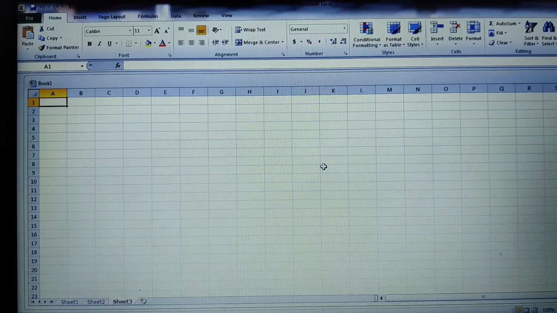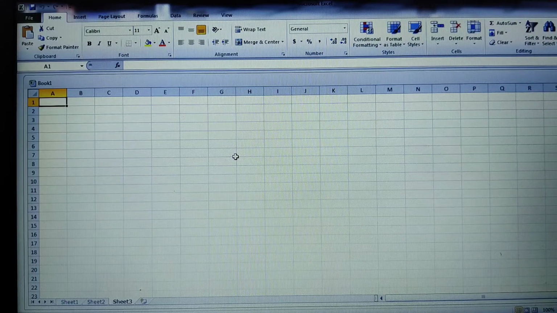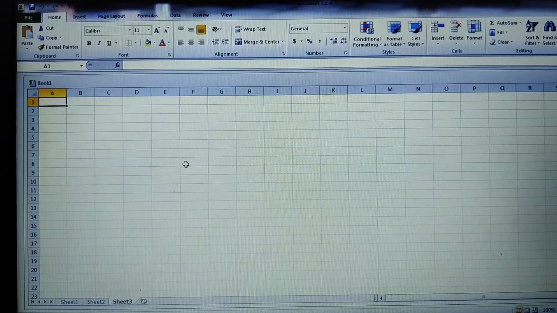Now, what is the file extension of this Excel file? It is .xls or .xlsx. I'll repeat, the file extension of this Excel file is .xls or .xlsx. Now this spreadsheet consists of a grid of rows and columns.